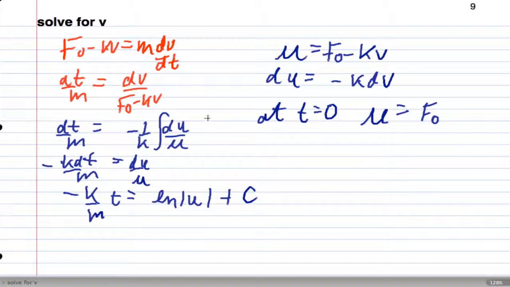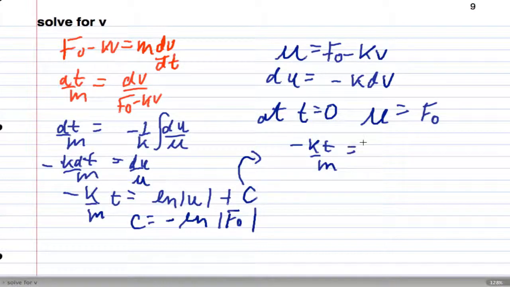So with that in mind, we can actually go ahead and do a little substitution here. So I know that at t equals 0, u is going to equal F0. So what that means is c is negative natural log of F0, if I'm actually going to solve this right. So now what I can do here is I can actually go on and write negative kt over m equals, and I'm going to use a logarithm rule here. That's going to be ln of u, which is F0 minus kV